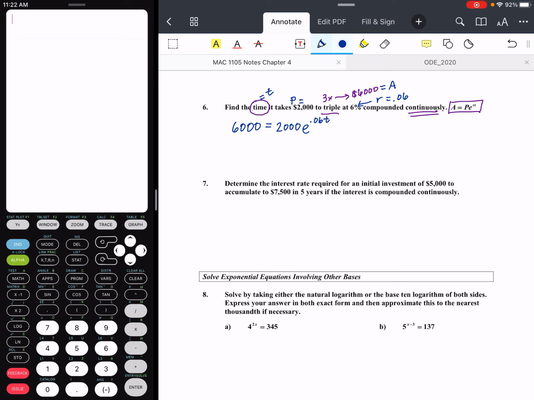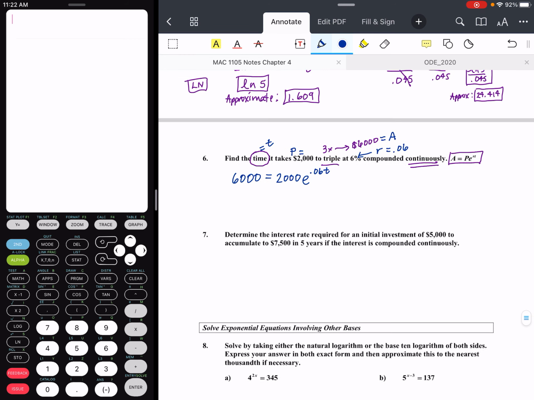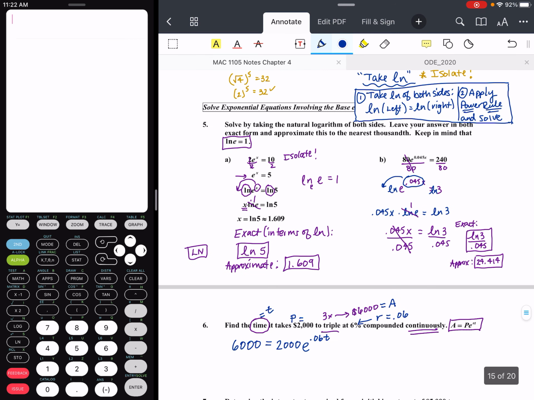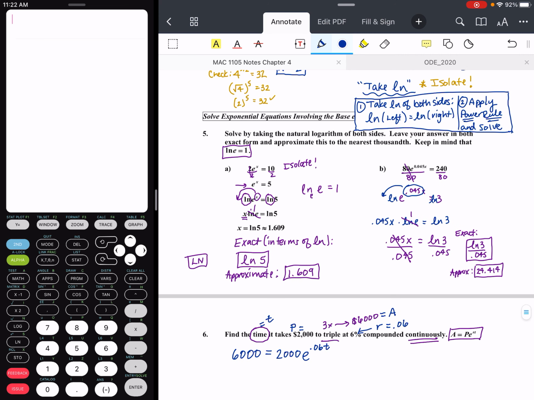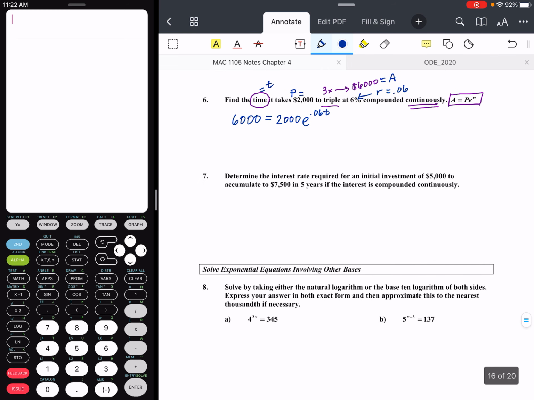Now notice that we have that base e, so it's not going to be possible to write a base e on the left-hand side to match it, because e is a weirdo. So we're going to use this tactic, the take the natural log approach. So remember, first we want to fully isolate that exponential, in this case on the right side of the equation. And then we're going to take the natural log of both sides, apply the power rule, and solve. So first, that isolate step